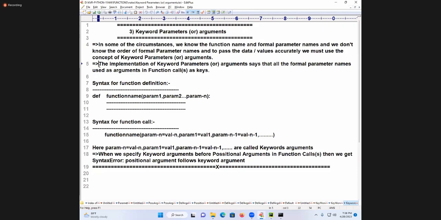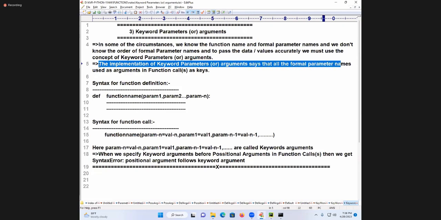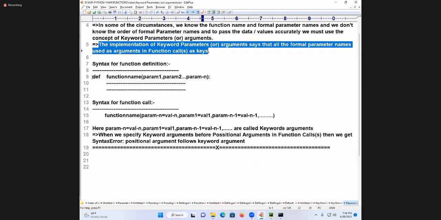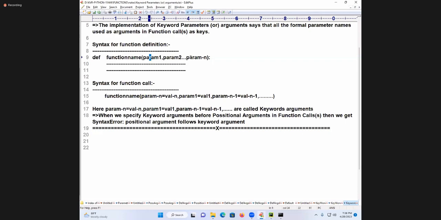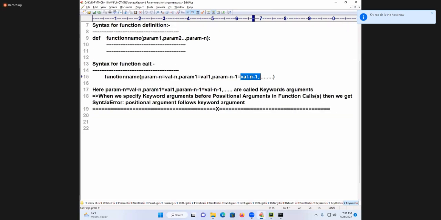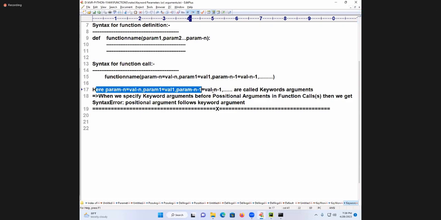The implementation of keyword arguments says that all the formal parameter names are used as keys in function calls. Syntax for function call: function name(param1=value1, param2=value2, ..., paramn=valuen), in any order I can pass it.